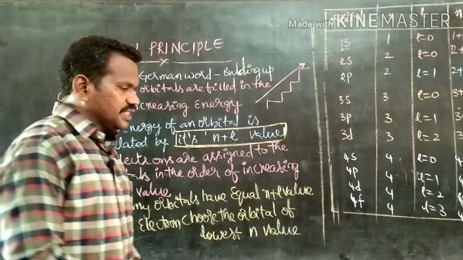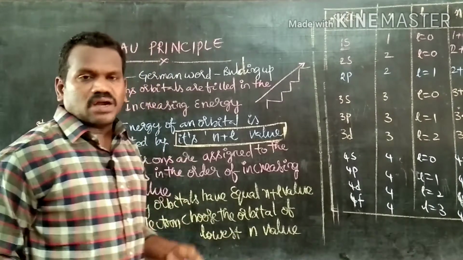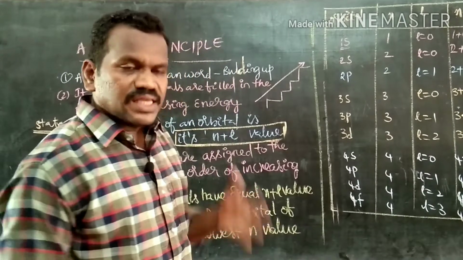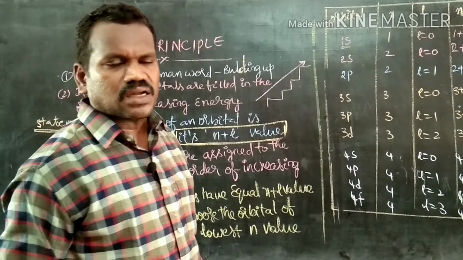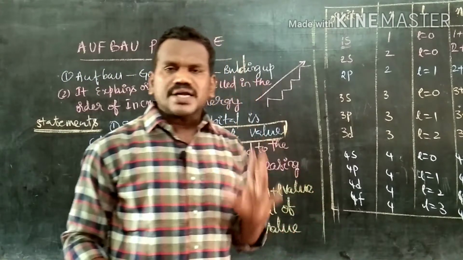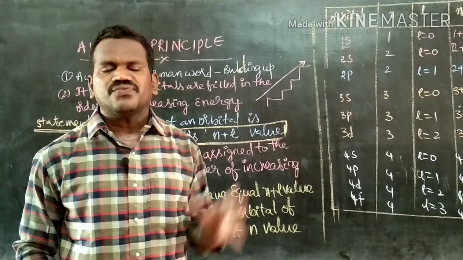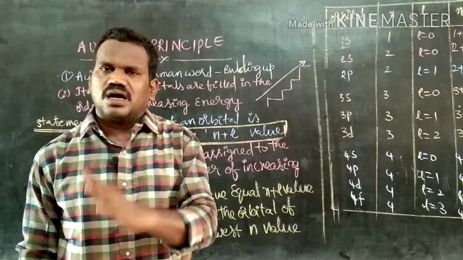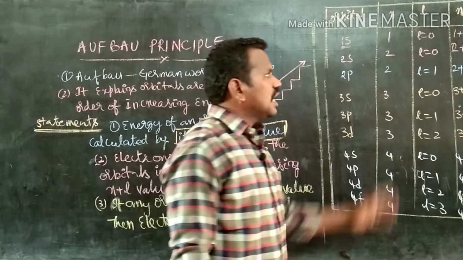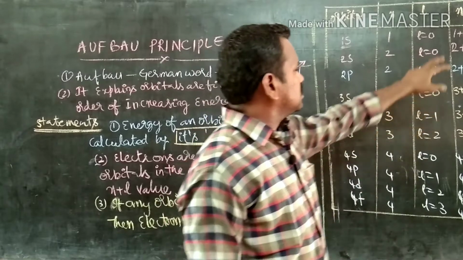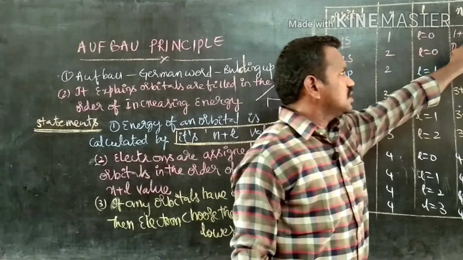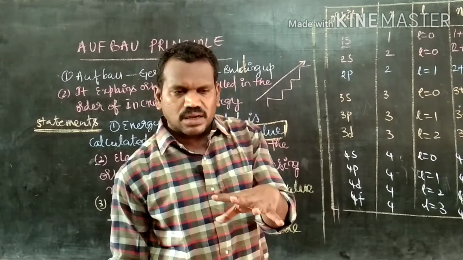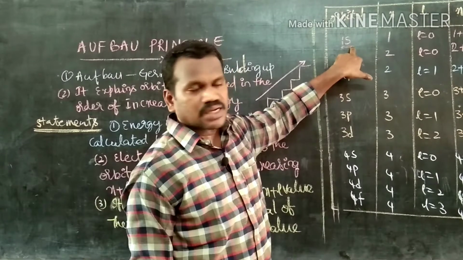That means, for example, suppose a lot of electrons are there, say 6 or 7 electrons. All these electrons first try to occupy the orbital of lowest energy. As per this, lowest energy is there for 1s. Why? Because here it represents only one quanta. So all the electrons try to occupy the 1s orbital first.